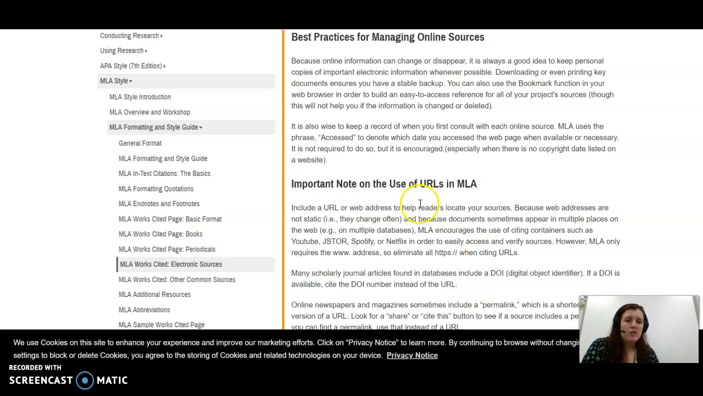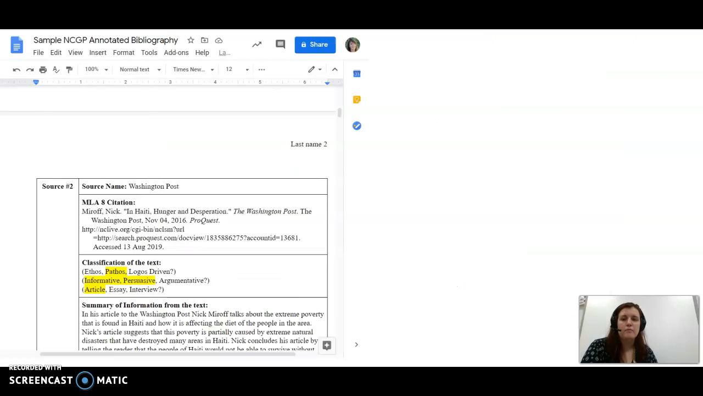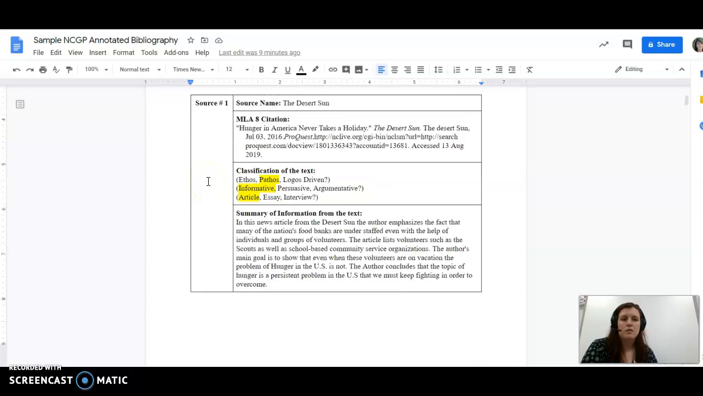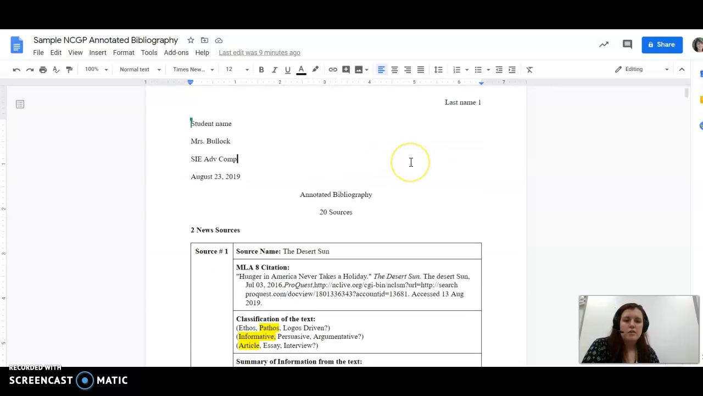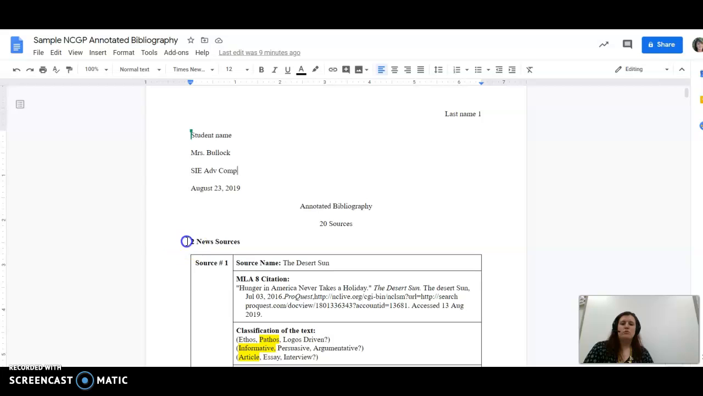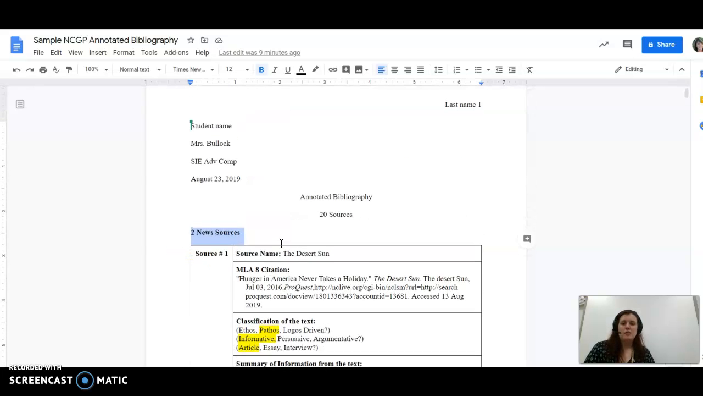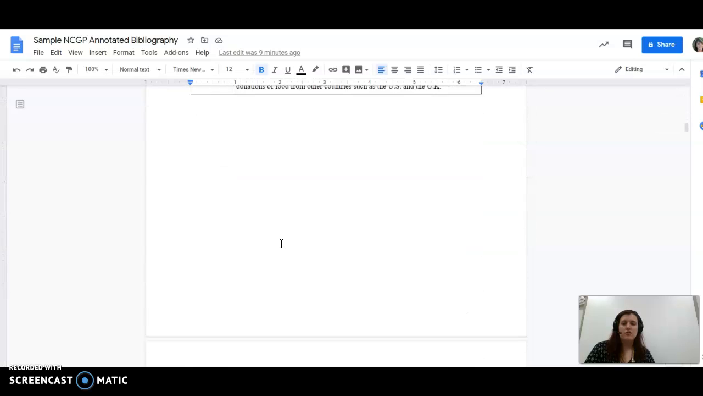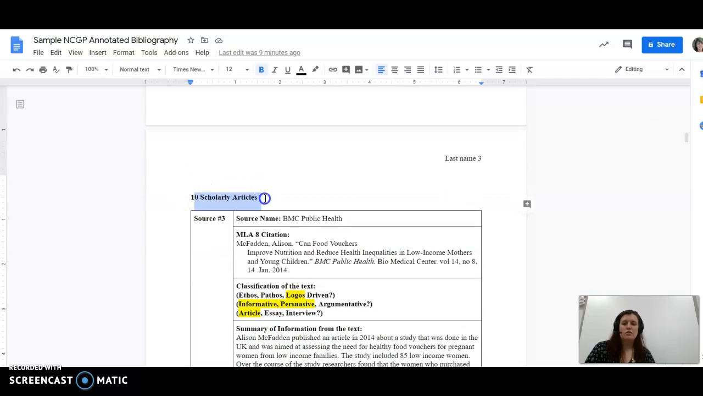This is a lot of information without examples. So what I'm going to do now is go to a student sample of an annotated bibliography, and we're going to talk about what they've done right and wrong. Okay, so this student used the template that I provided. Notice that this student chose to organize their annotated bibliography based on the requirements. So this student had the two news sources first, then did a page break, and did the 10 scholarly articles next,